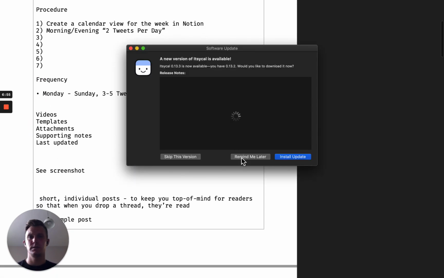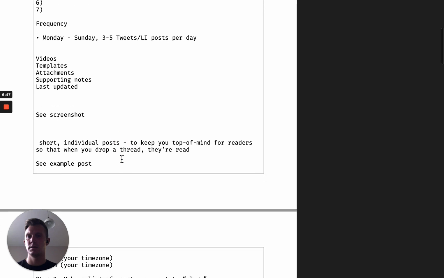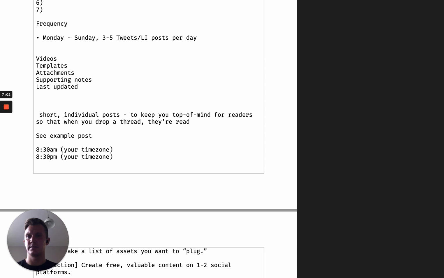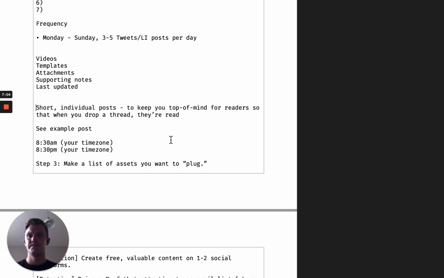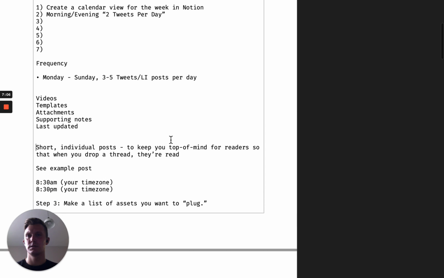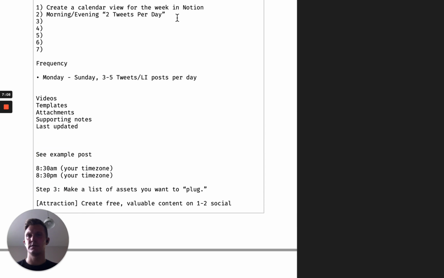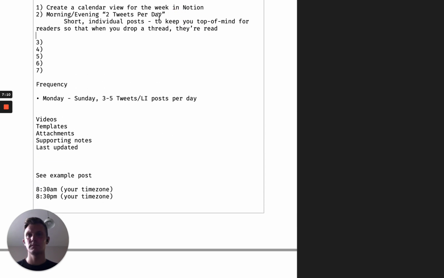Frequency. I'm just going to ignore the screenshot notes for now. They're a bit unhelpful. Right, so this is referring to the morning and evening posts. We're just going to do